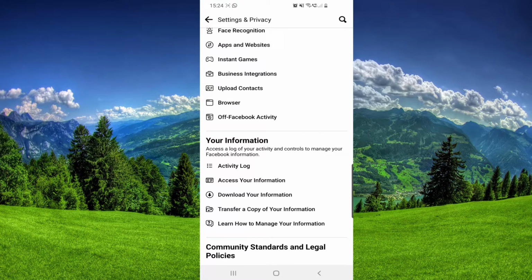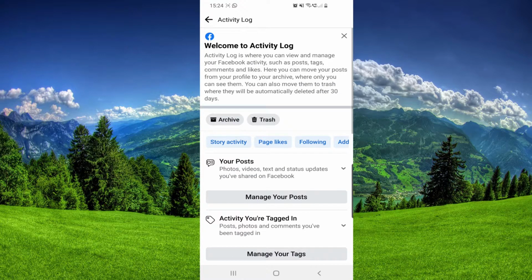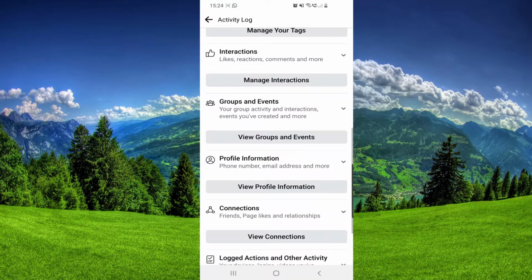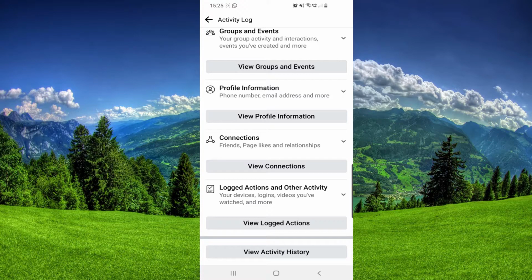until we find your information section, and from here we have to click on the first option, which is activity log, and then you have to scroll down to the last option, which is logged actions and other activity, your device's logins, videos you've watched. So let's click on that,